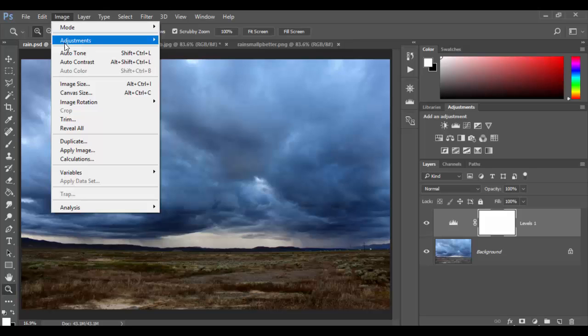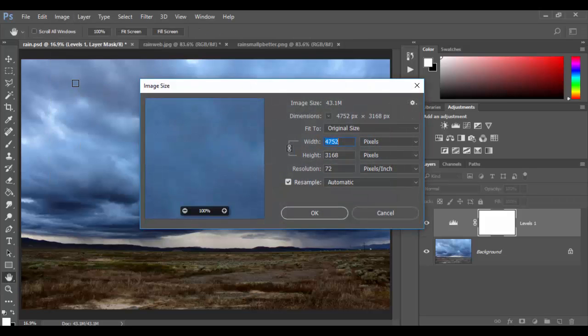for web size. If we go to Image and go down to Image Size, you'll see that this image is actually 4752 by 3868 pixels. And currently it has a resolution of 72, but remember, resolution has to do with print. So if I uncheck Resample, I can set this to 300 for a standard sort of overall print resolution, and